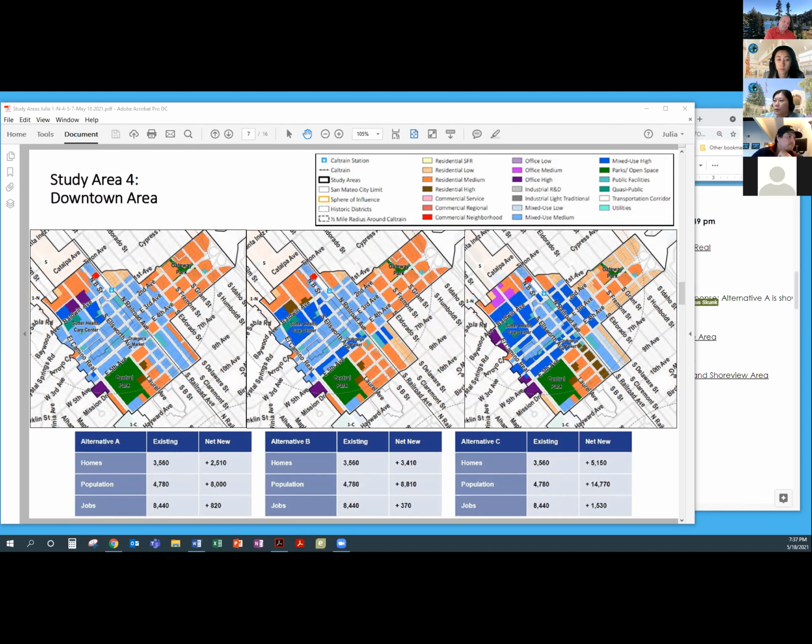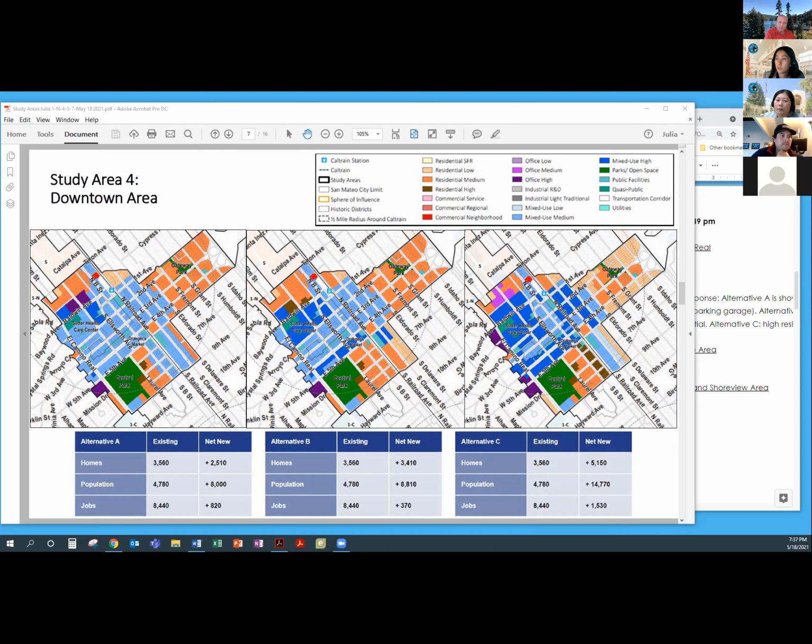In alternative B, some of these areas change from commercial or mixed use to orange, which is medium residential. In alternative C, the portion west of the railroad is high residential, and the portion east of the railroad is retained as mixed use medium.